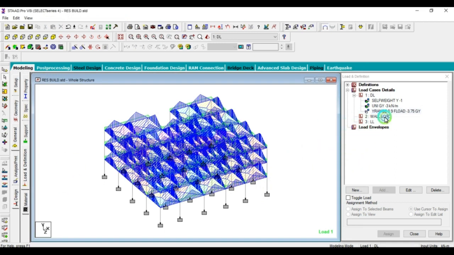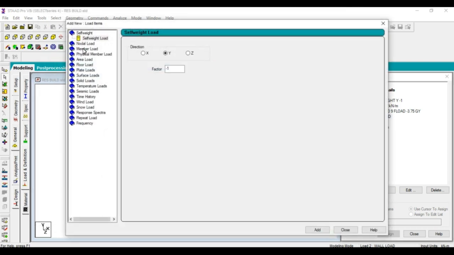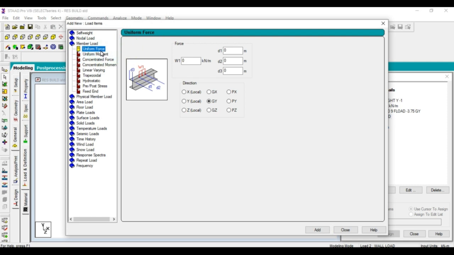Next, wall load. In the wall load, go to wall load in RHS and click on add. Go to member load and select uniform force. What is the height of the wall? If you want to calculate the height of the wall, you should know the building height.